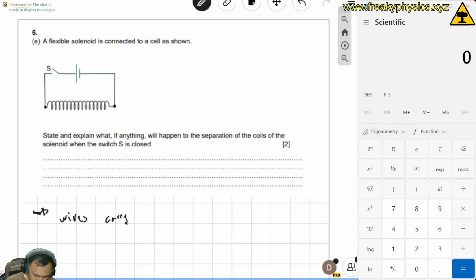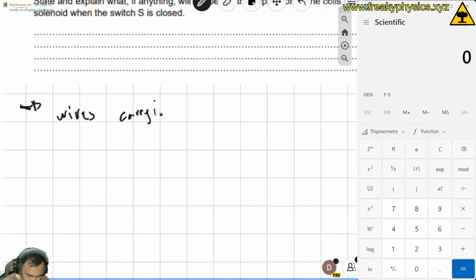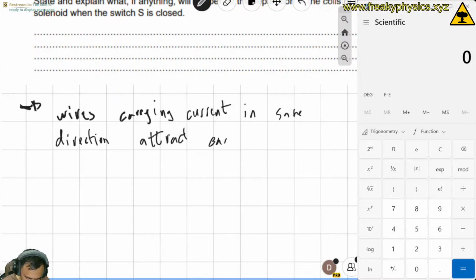Wires carrying current in the same direction. So this is now a shortcut in case you want to remember it. Wires carrying current in the same direction attract each other magnetically. Let's put that word magnetically here. Okay, so with that in mind,